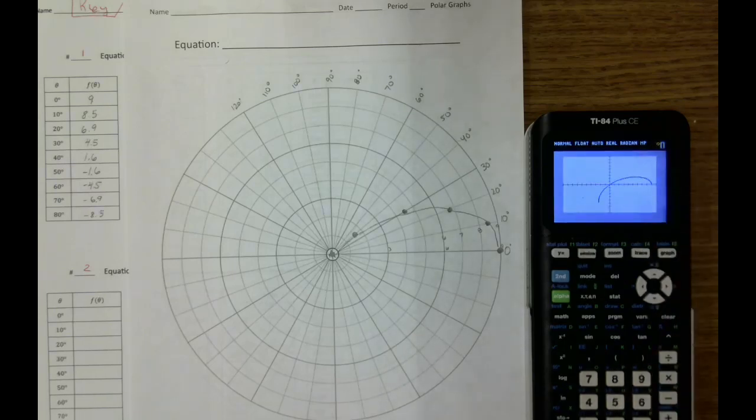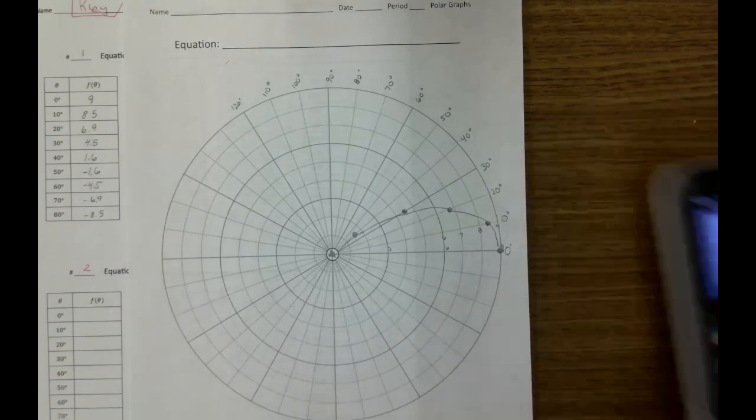If you graph this, there's that first part, and then the graph goes down here. Then it goes here, then it goes up there. So we're going to go ahead and graph that going down there. But to get to this,